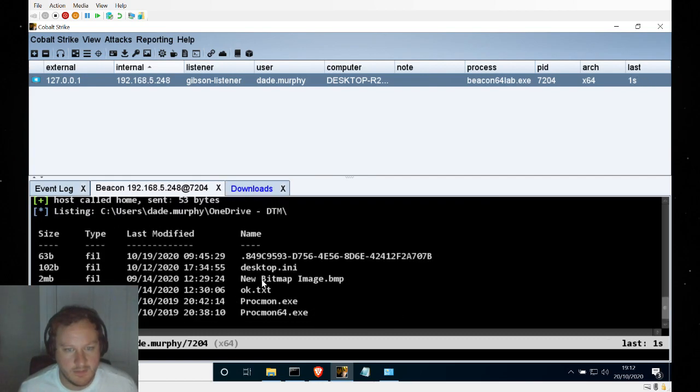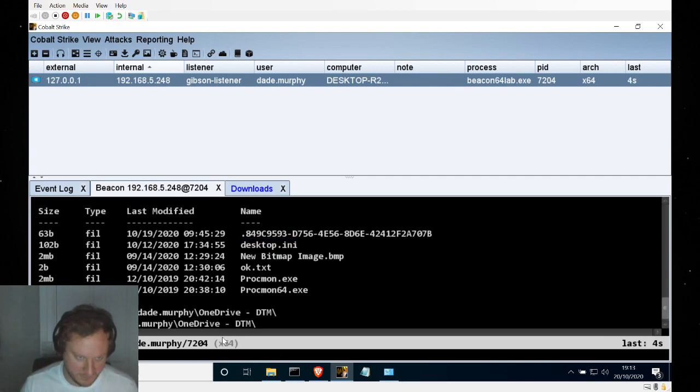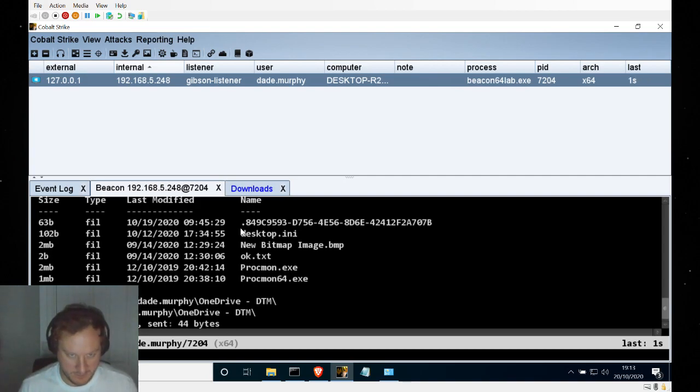So if you go to the OneDrive location, you'll notice that you've got this GUID file, which you do need, and I also grabbed desktop.ini in the end because I think it might change the look and feel of the OneDrive folder, but potentially that's not required. So I think what I'm going to do is I'm just going to cd to that folder, to the current working directory, and I'm going to grab the GUID file,